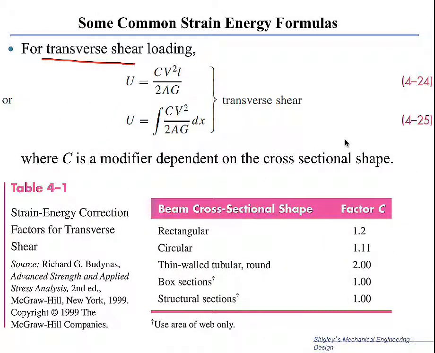So in this case, we just have an additional factor C. V now is the force, but is now specifically the transverse shear force. And therefore we use the same formula as for direct shear, but with a constant C. The constant C is obtained from integrations and is done for us. For example, for a circular cross section it is 1.11, for a rectangular cross section it is 1.2, and for a thin-walled tube